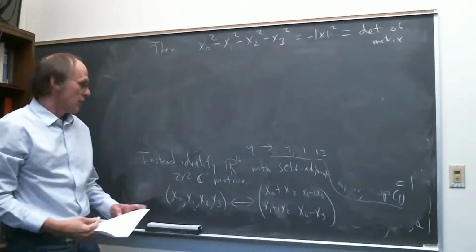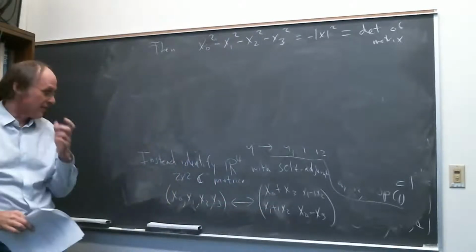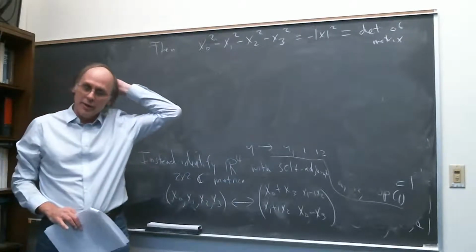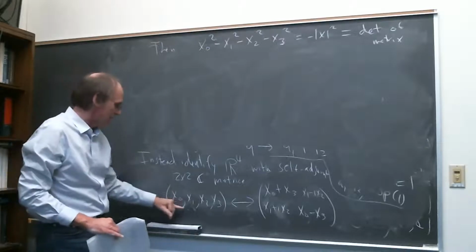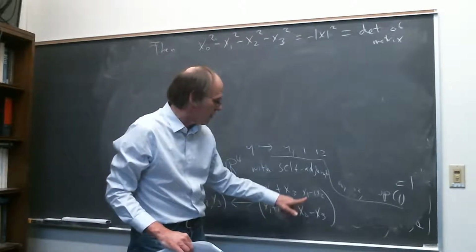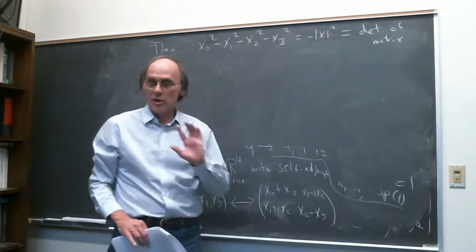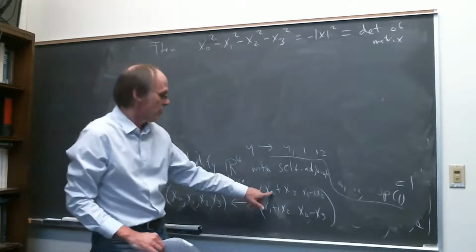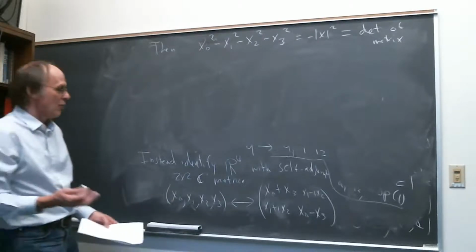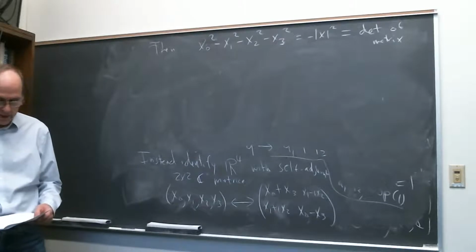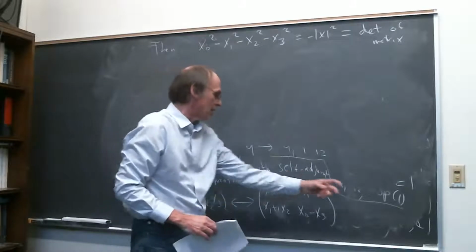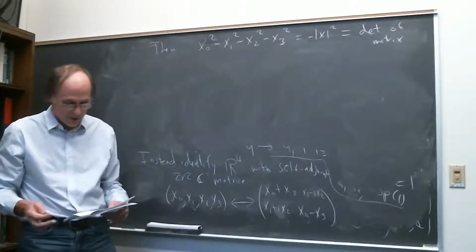Okay. So one nice aspect of this identification: there's really a good argument that what you should be thinking about when you're thinking about Minkowski space is not R4 with this weird metric, but the space of 2 by 2 Hermitian matrices, the 2 by 2 self-adjoint matrices, with the determinant as the metric. That's another way of saying what Minkowski space is. And the nice thing about that is it gives you a nice way of understanding how the SO(3,1) is going to act. Because